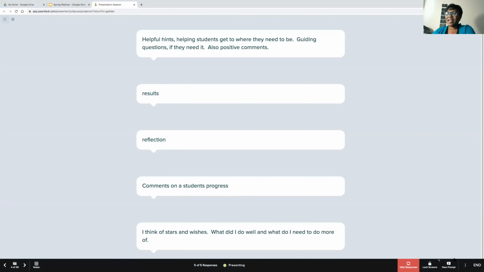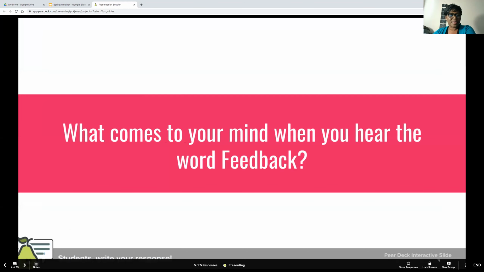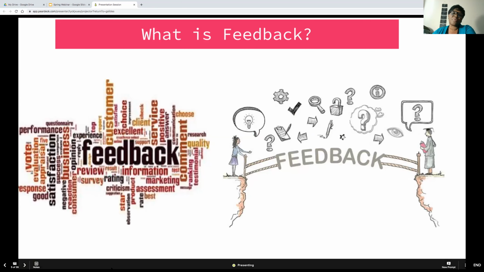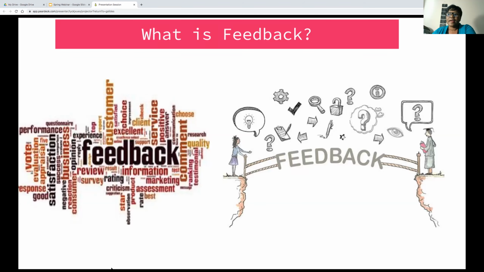All right. Thank you very much for responding to this question, because feedback can be helpful. We know it's helpful for both the teacher and the student. Feedback can be defined as information about a person's performance of a task, which is used as a basis for improvement. On the left side, we have all the words that we could have come up with. And on the right side, you see the gap, the bridge, the gap between the student and the teacher.